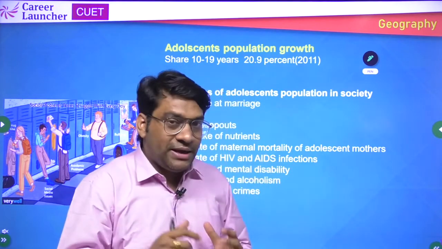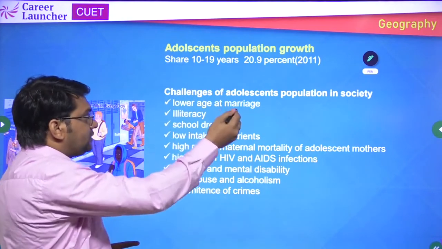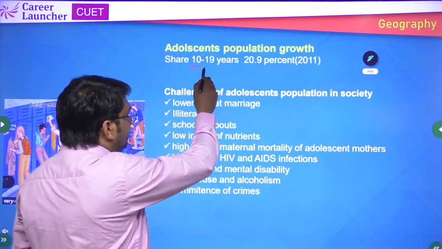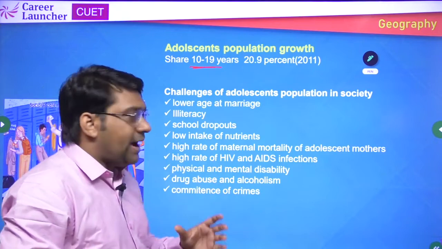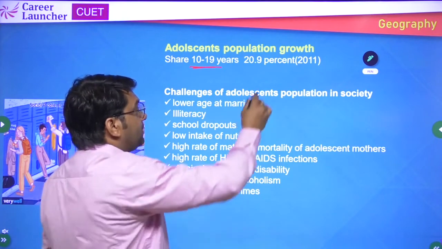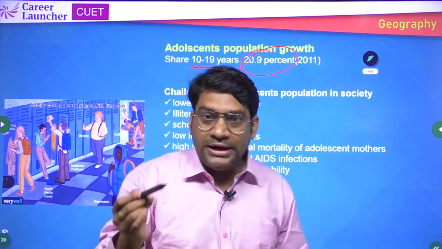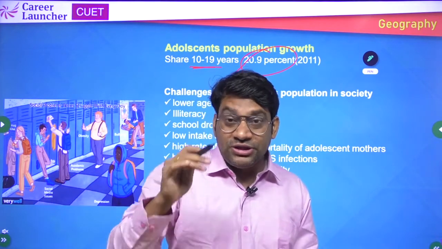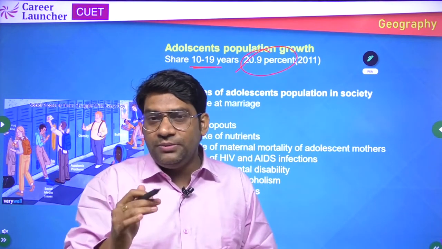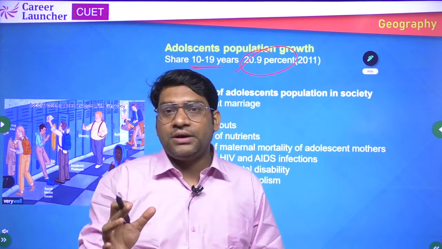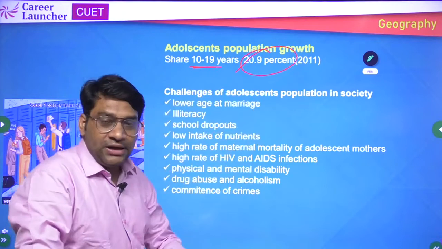तो हमारे कंट्री में जो यूथ पॉपुलेशन है काफ़ी ज़्यादा है. Adolescent population growth is between 10 to 19 years, ये जो एज ग्रुप है उसको हम लोग कहते हैं एडोलसेंट, and they share 20.9% of the total population, because they are the future of our country. And if their talent is not channelized properly, उनको सही दिशा में अगर अभी से नहीं गाइड किया जाएगा, so it will become the worst problem in our country. Okay, so that's why challenges of adolescent population in society अभी के टाइम में क्या है